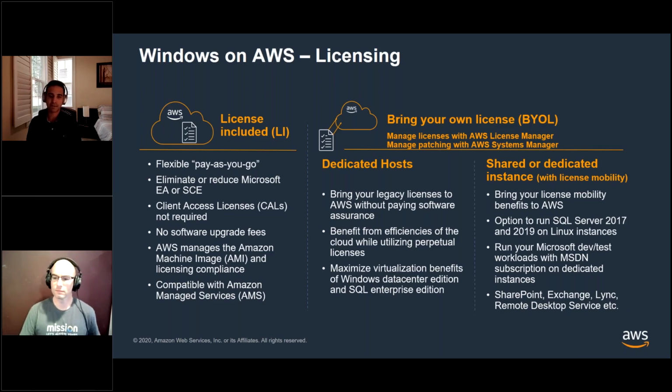It actually allows you to manage licenses on AWS and also licenses on-prem. So if you have any licenses that you are managing on-prem for existing Windows instances, we can manage those directly from within the License Manager tool that we have. So it's a really good license management utility that we offer basically at no additional cost to customers. And then the patching of these instances that you bring over will also be managed with a tool called AWS Systems Manager. So the AWS Systems Manager, again, manages all the life cycle of the AMI, the patching, all of that. We will take care of that using that tool.